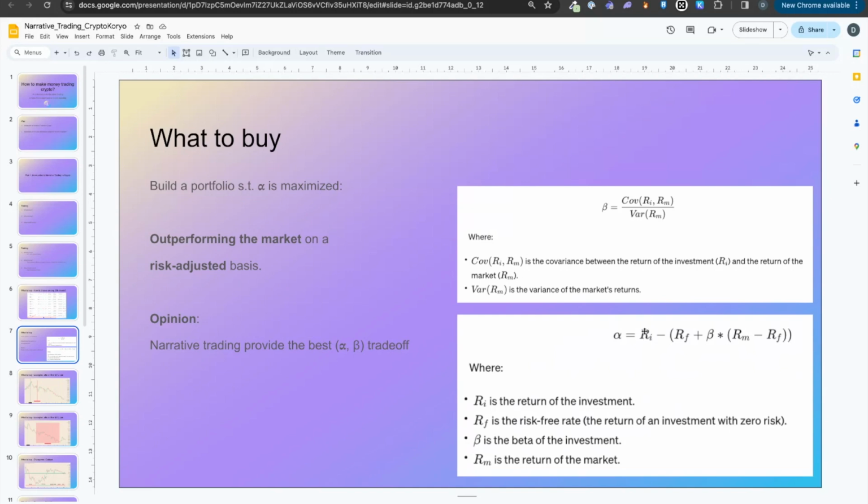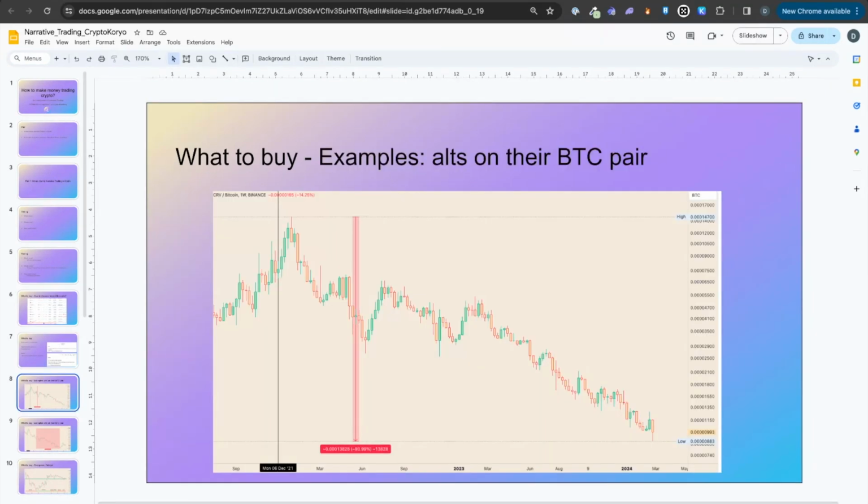And it's important to really understand this concept deeply. And it's because of this reason, as we will see in my dashboard, I'm using BTC or Ethereum as benchmark for all the narratives and all the assets that I'm actually following. It's exactly because of that, because you want to outperform the market. So let's talk about a few examples here to better illustrate what I mean by outperforming the market and